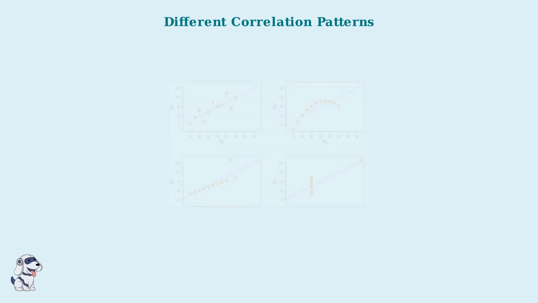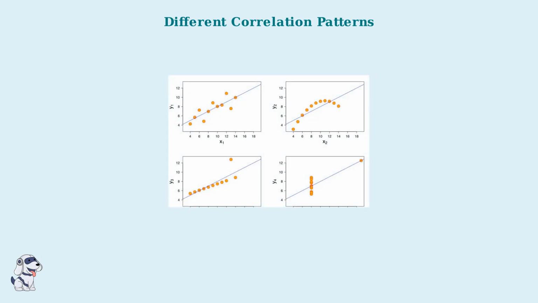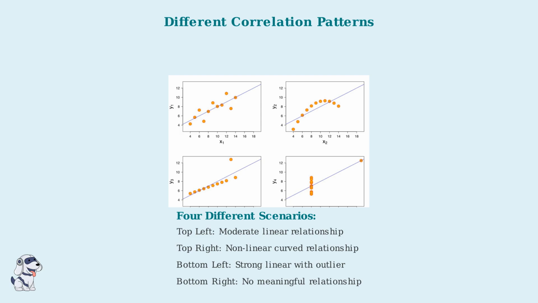Scatter plots can reveal many different types of relationships. This image shows 4 common scenarios we encounter when analyzing data. The top left shows a moderate linear relationship. The top right reveals a curved, nonlinear pattern. The bottom left demonstrates a strong linear relationship with one outlier, while the bottom right shows no meaningful relationship between